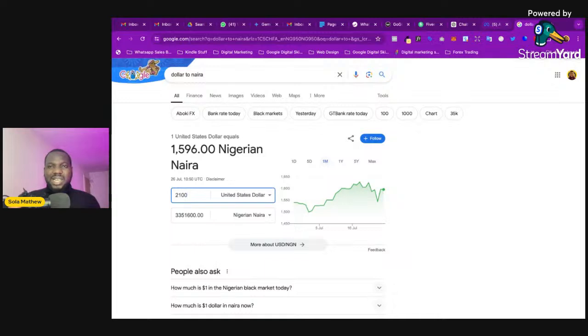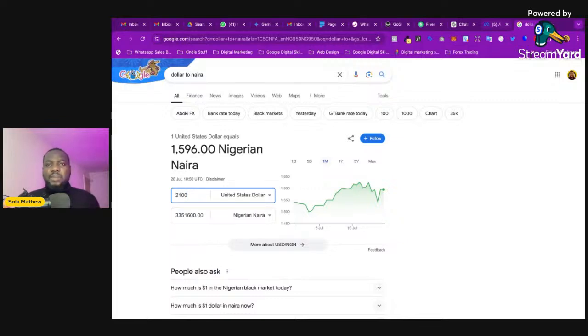Even with that $2,000, people still charge like 3% of the ad spend. So as the business continues to grow, the agency also continues to grow. Another way is you can charge a flat rate of